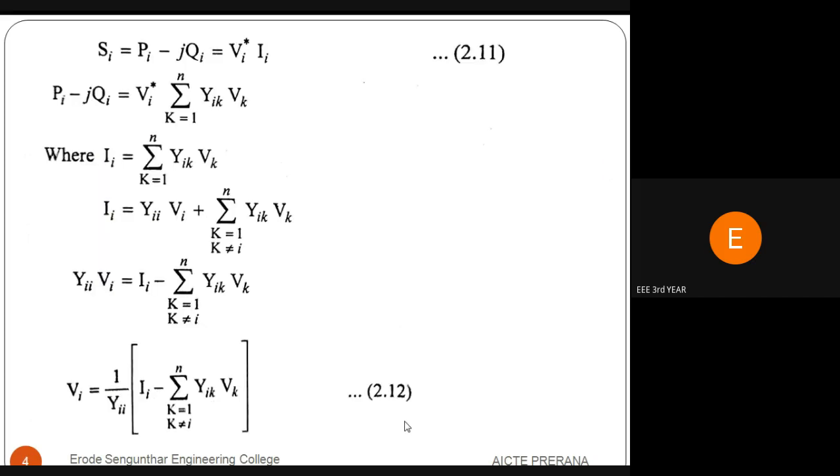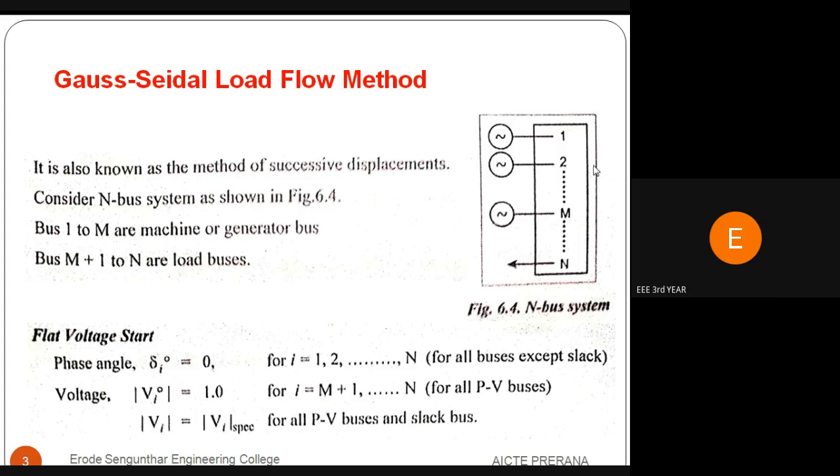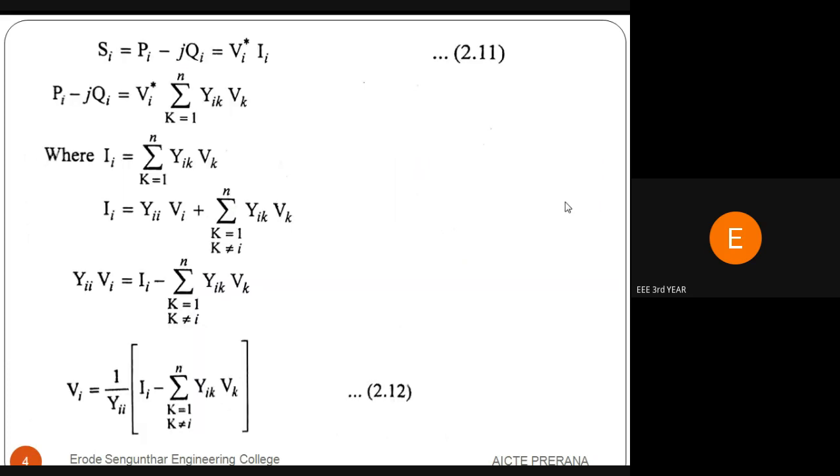Now we are injecting the power to these buses. We want to give the power to the buses, then only it will run. So we will consider the power as Si. Generally the Si consists of real power and reactive power. So Si is equal to Pi minus jQi. That can be written as V into I. We know that power is equal to voltage into current. So that is written as Vi conjugate into Ii. We are taking this as equation number 1.